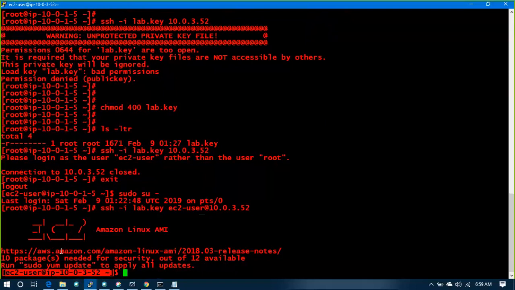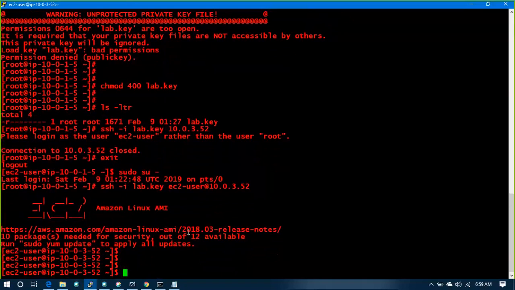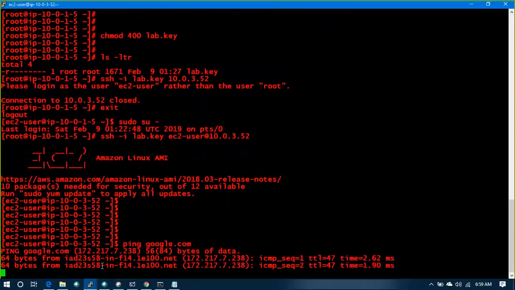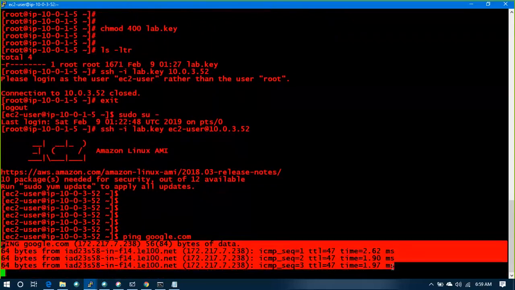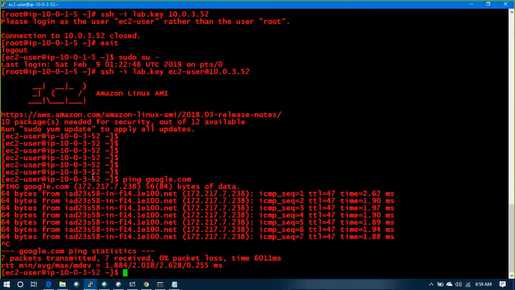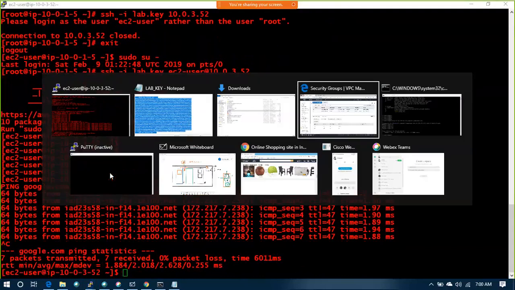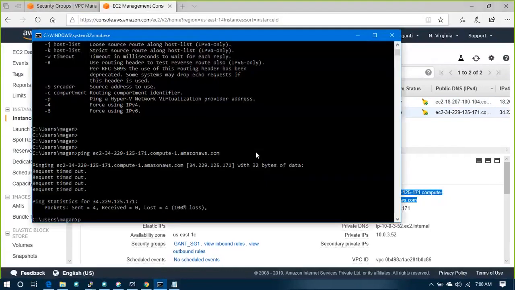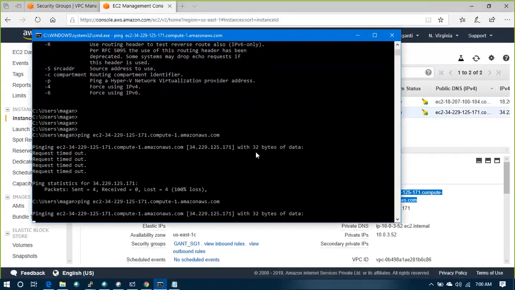This much lengthy process to access a machine, and from this machine, if you ping google.com, you will be able to ping. Traffic is going outside, but if you access this machine from outside, what is the machine name? This is the machine name. But try to access it from outside, you will not be able to.